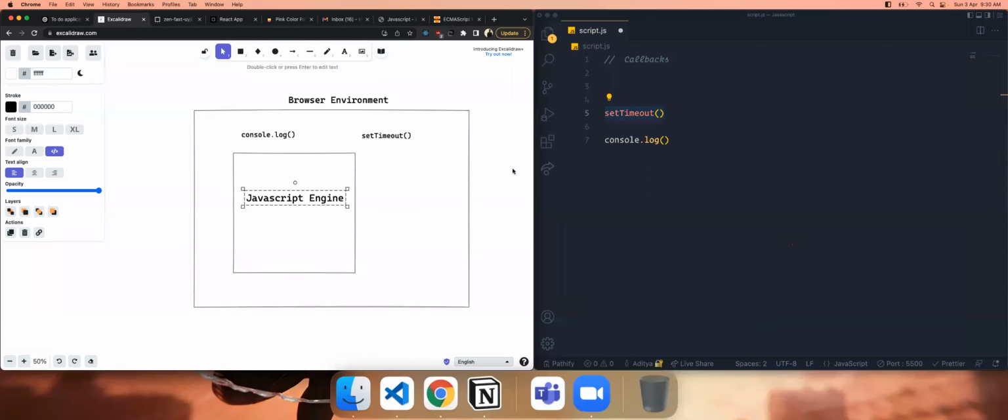Which means setTimeout is basically not part of the JavaScript programming language, but it is part of the web browser. The browser tells the JavaScript engine how to execute and implement that. You don't have to understand all of these things, but the bottom line is